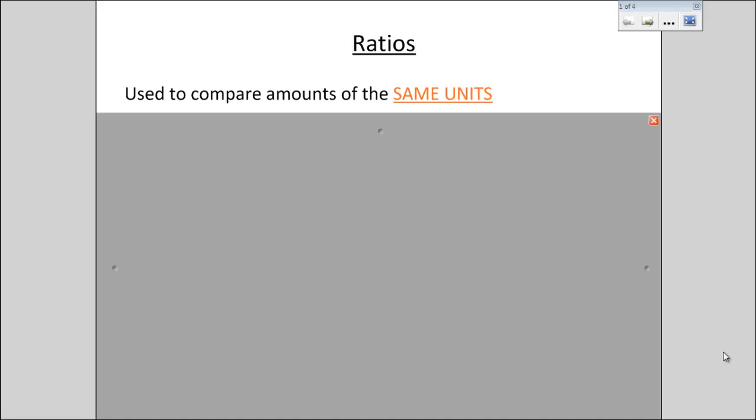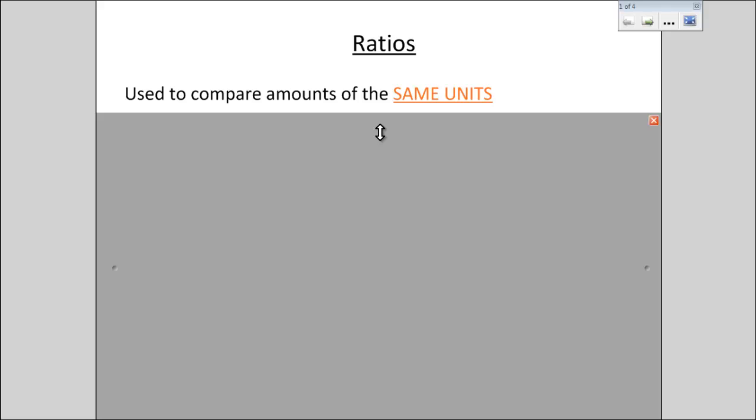In this lesson, we're going to start to discover or be reminded about what ratios are. This is just a basic intro to ratios, and we'll look at some more complicated calculations in other lessons. First of all, just what they are. Ratios are used to compare amounts of the same unit. So it's really important to remember that point. These are going to be the same units, because later when we look at rates, we look at comparing